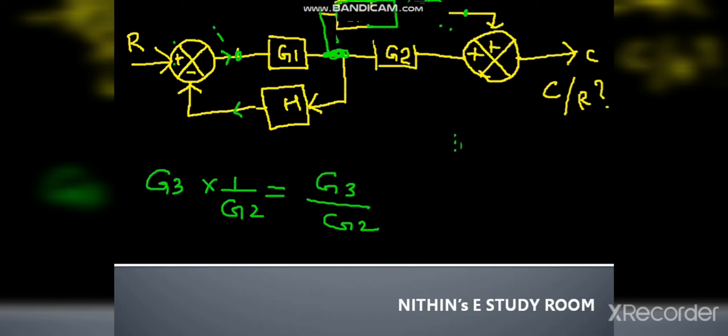So this is the new block, and its value is G3 divided by G2. Okay, not G2, I think it's G1. Yeah. It's G1. The two blocks were G3 and G1 by G1. So the answer is G3 by G1. This is the third step. You are replacing it with a single block and its value is G3 by G1.